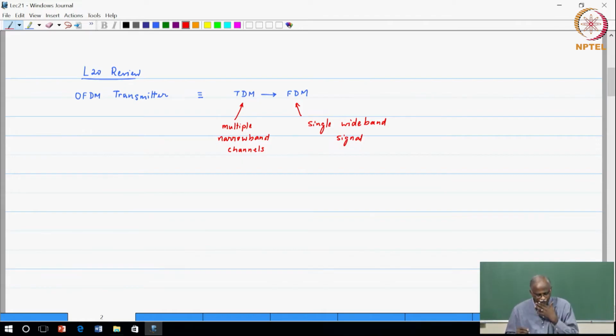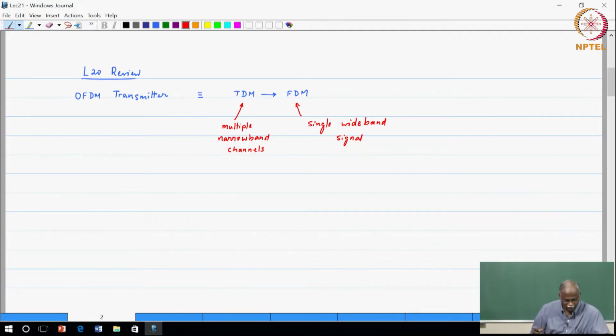That is one of the strengths of OFDM, that you can generate very wideband signals, 20 megahertz, 50 megahertz, 100 megahertz, without significant increase in complexity, because what you are dealing with are primarily narrowband channels, which are then suitably multiplexed in the frequency domain. So, this is the key element from yesterday's lecture, and then we looked at the two-channel filter bank case